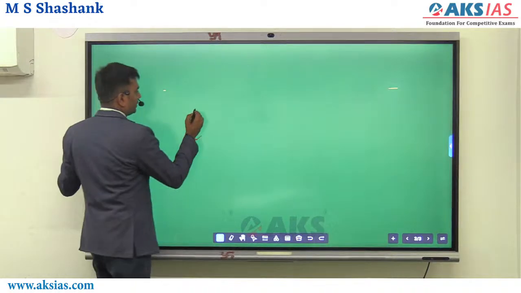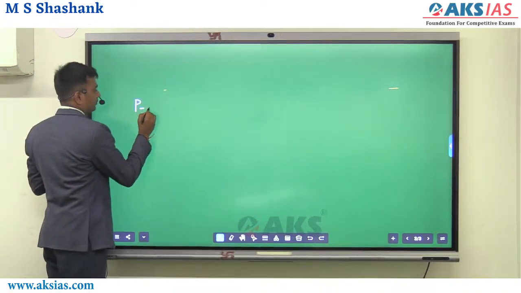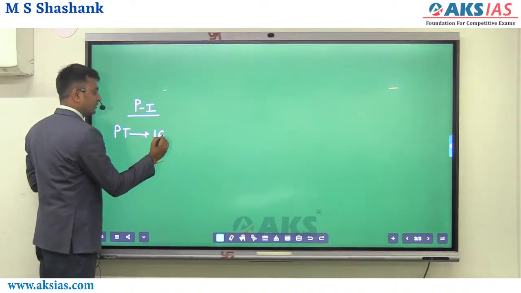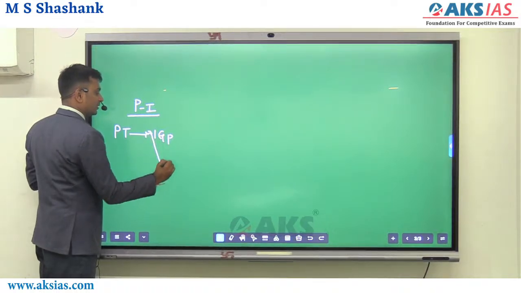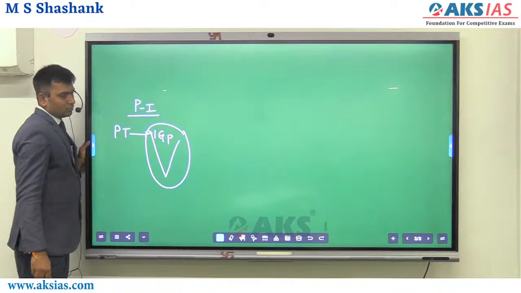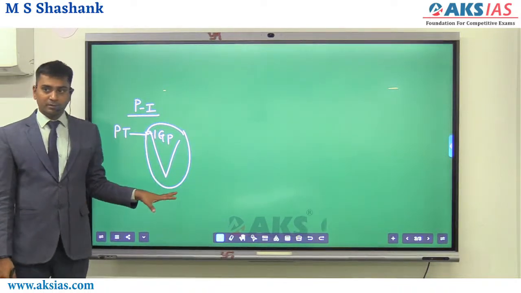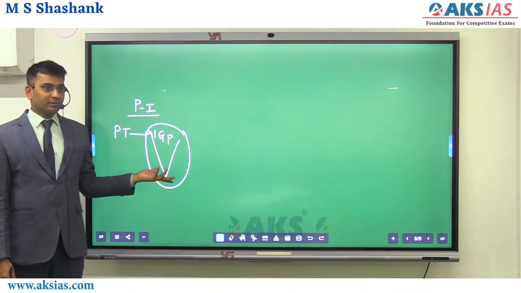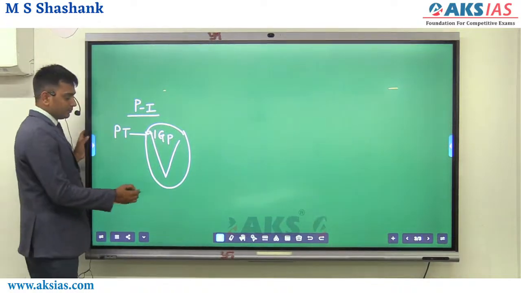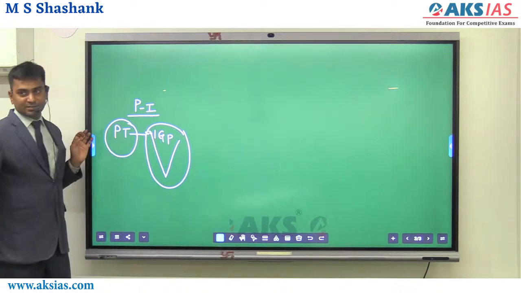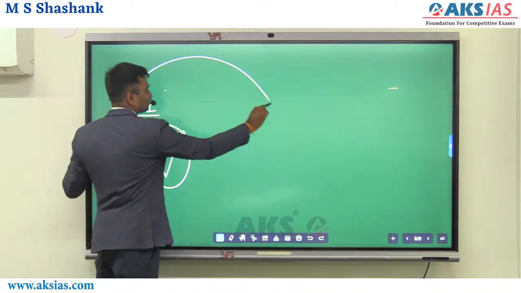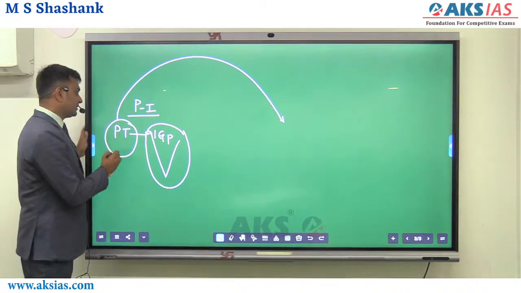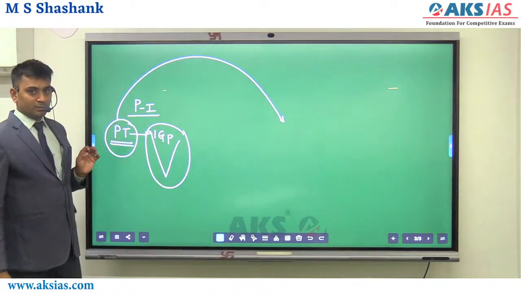Look at it. In paper 1, we have studied political theory. The application of that is IGP in the Indian context. In India, these are the principles which are applied. The question is, what if you apply these principles in the rest of the world? There are many states in the world where you can apply the same principles. In India, you have one system. There is no guarantee that the same system has to be present in the rest of the world. So in the rest of the world, how are you applying these principles, and how is that present?